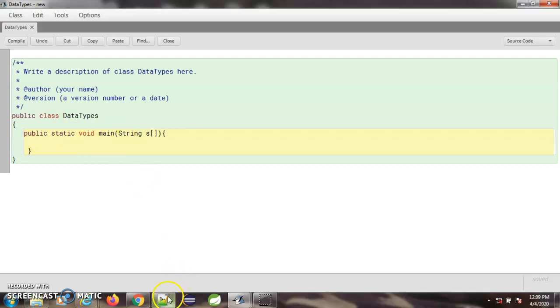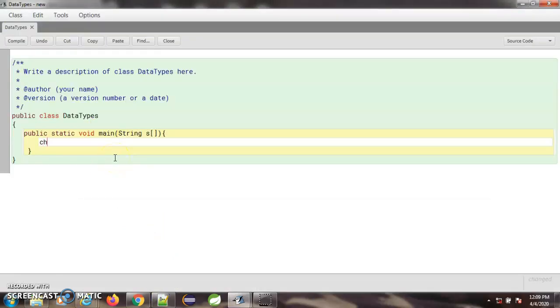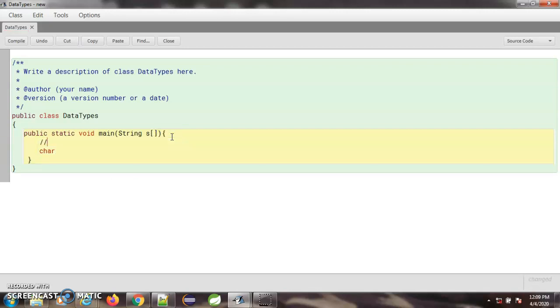Our first data type which we are going to target is the primitive data type char. Let me declare a char variable. The syntax is like this: first is the type name, then the variable name, and then assign a value. The type of variable we are going to create is char. Then we give the variable name, suppose f, or we can give v1, which is variable one, and assign a value. What type of value can we assign to the char variable? Char means character.